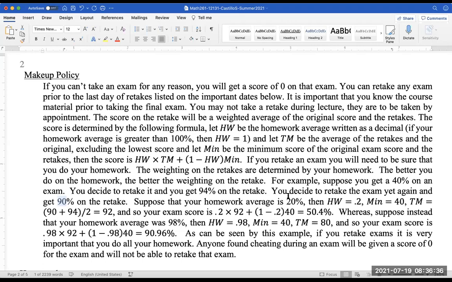So if your homework average is 20%, then I have HW is 0.2. The average of 90 and 94, which is your retakes without the lowest score, which was what you got originally, 40%. And so you put the 40% aside. So the average of 90 and 94 is 92%. Plus, well,